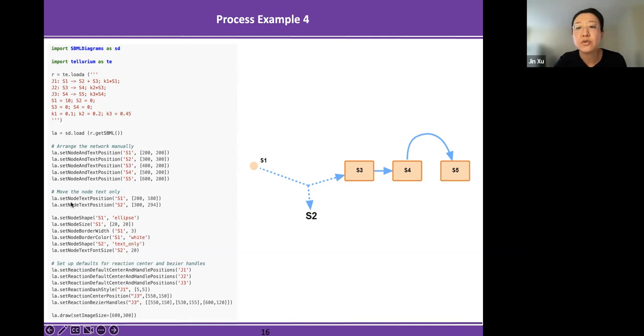For example, this one, I'll set the node shape. The default is rectangle, but you can set it to ellipse like this, and set the node shape, node size, border width, border color, and you can also set the text only shape here and enlarge the